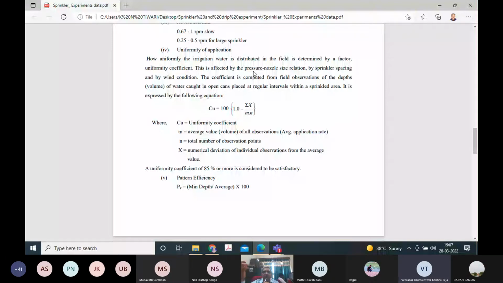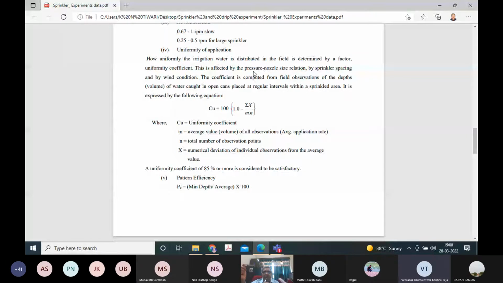When you are placing and collecting water, and when there is a sufficient, measurable amount of water, we evaporate it for 2 or 3 hours. So the measurable quantity of water is collected in these cans, and this water is collected and analyzed. When you are analyzing, one of the analyses is known as uniformity of water application, which is also given